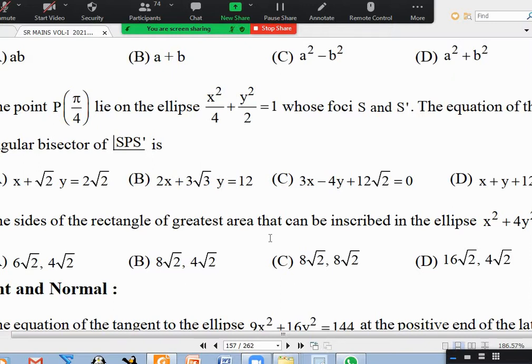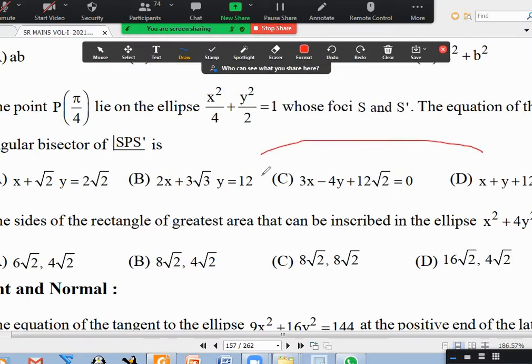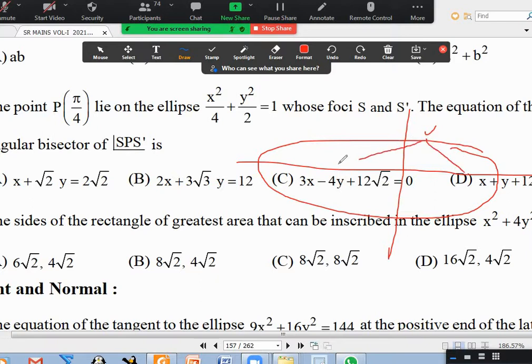Okay, any doubt about 55? Sir, 55. Yesterday we discussed, I'll write on the screen. Yesterday we discussed this reflection property, that if we take an ellipse, take any point on that, join to the two foci, I said normal will be internal bisector, and when you extend it, tangent will be external bisector. Am I right?